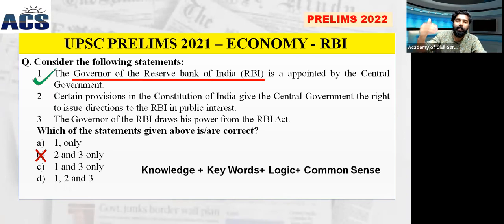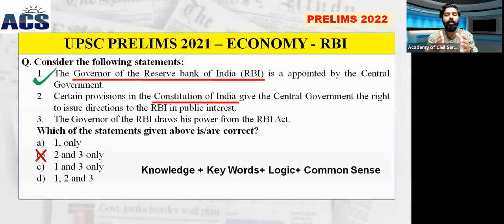Without reading 2 and 3, the second stage while you solve a question is to eliminate options which don't mention the right statements. Now we are going to read the second statement. Certain provisions in the Constitution of India give the central government the right to issue directions to RBI in public interest. We have studied that with regard to RBI, all the regulations, all the rights in order to issue